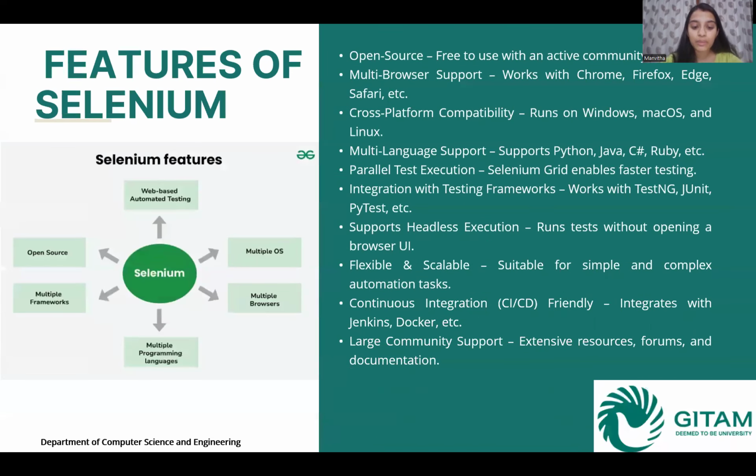Selenium is widely used because of its powerful features. Let's go through some of them. Open source and free. There's basically no licensing cost, making it accessible for all. It works with Chrome, Firefox, Safari, Edge, and many more, supporting cross-browser testing. Multi-programming language support. It supports Java, Python, Ruby, etc. It's platform independent. It works on Windows, macOS, and Linux. It works well with TestNG and CI/CD tools like Jenkins, promoting integration with other tools. It helps in parallel testing. With Selenium Grid, tests can be executed on multiple browsers simultaneously. These features make Selenium the go-to automation tool for web application testing.